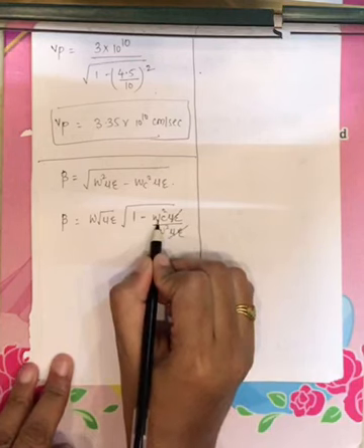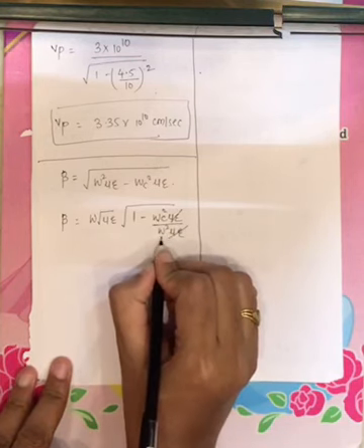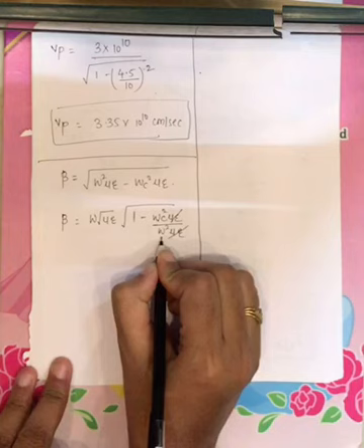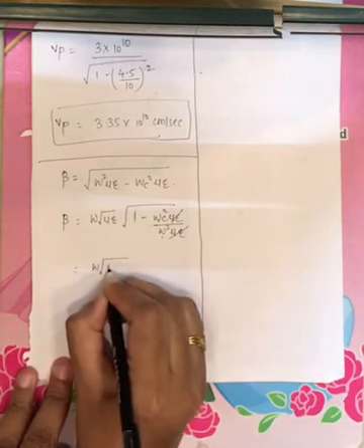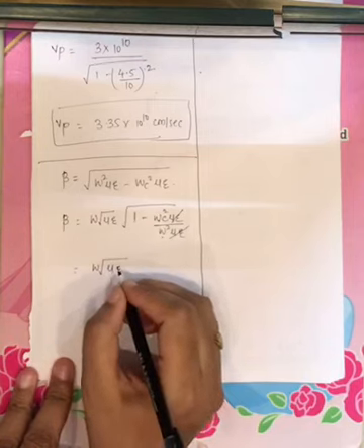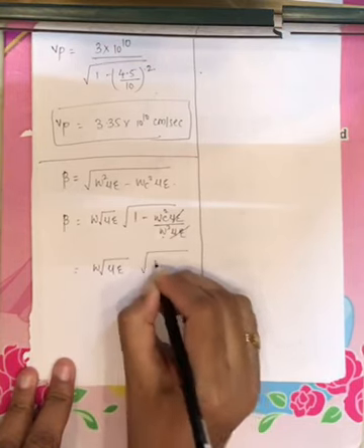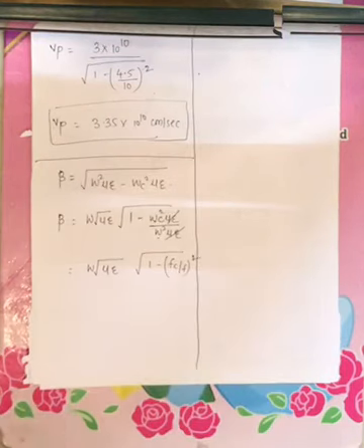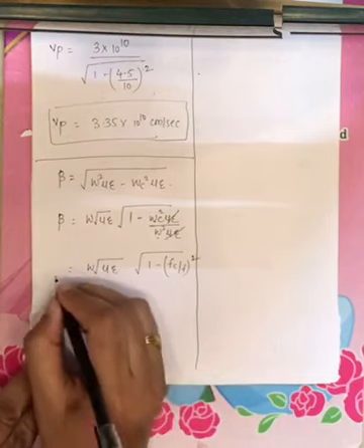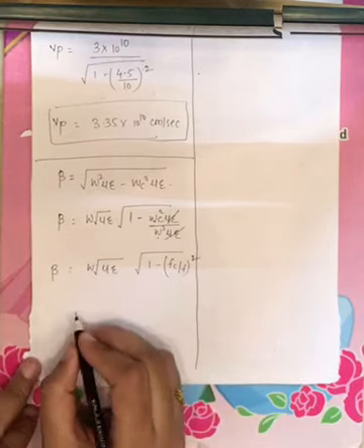Now omega c is nothing but 2 pi fc and omega is nothing but 2 pi f. Now 2 pi again will get cancelled, right? Now directly I am writing omega into under root mu e into under root of 1 minus (fc by f) whole square. Omega c by omega, you will get it as 2 pi fc by 2 pi f. The 2 pi will get cancelled, and finally you will get (fc by f) whole square, right? Now this is the expression for beta.